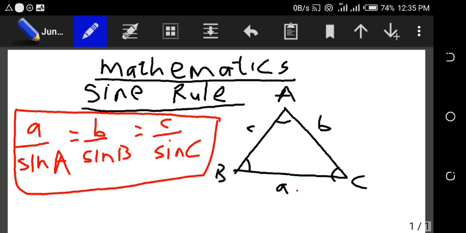However, there are some rules to consider. There are rules or conditions that must be met before we can apply the sine rule to calculate a missing side of a triangle or a missing angle. There are certain conditions that have to be met, and I'm going to go ahead and list them. So the first condition is a triangle